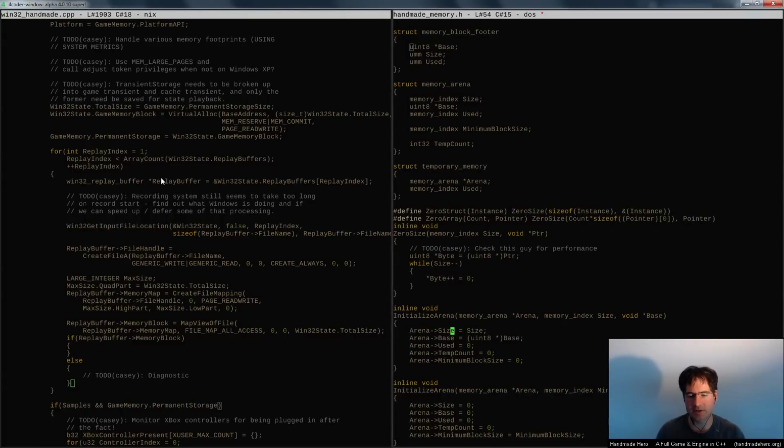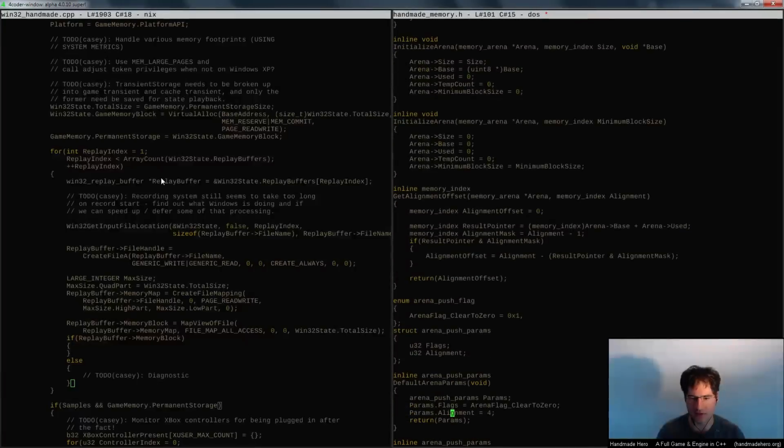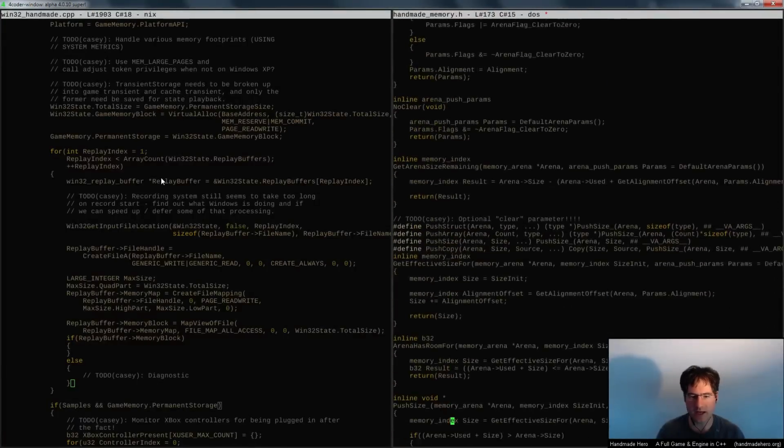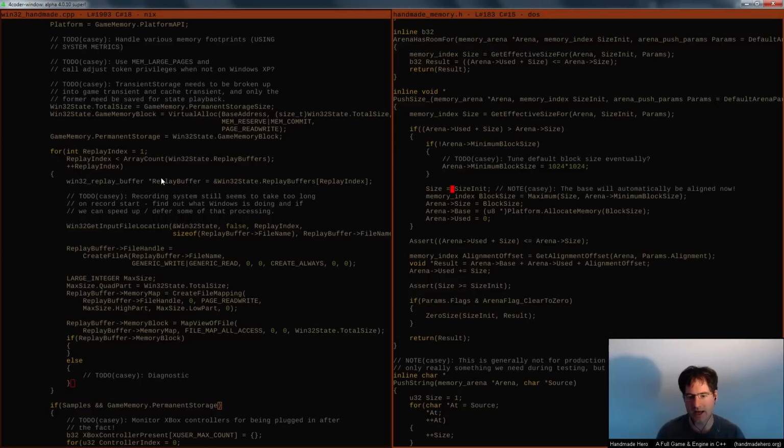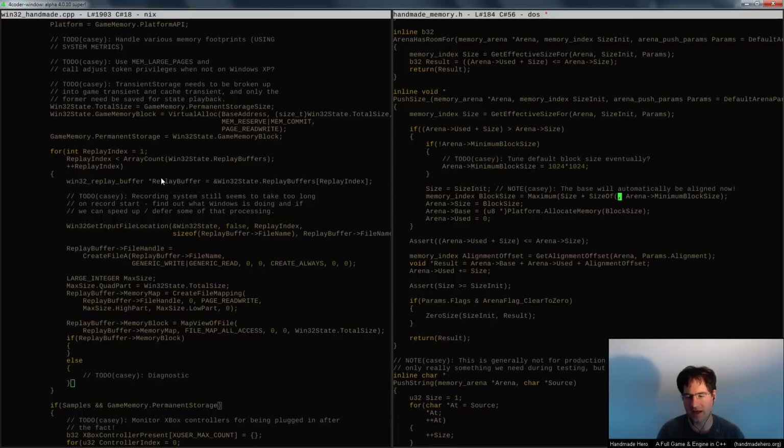What we need to do now is actually stick that memory block footer onto the end of things, right? So when we do our fail down procedure, like when we do a push size here, when we allocate one of these new blocks, we need to stick the footer onto the end of it. And so when we look at the size that we're actually going to allocate, we don't want to use that as the actual size. What we want to do instead is say the size plus the size of the footer,